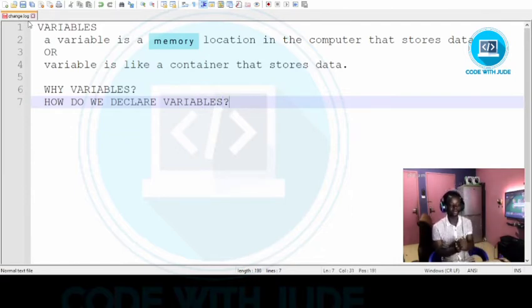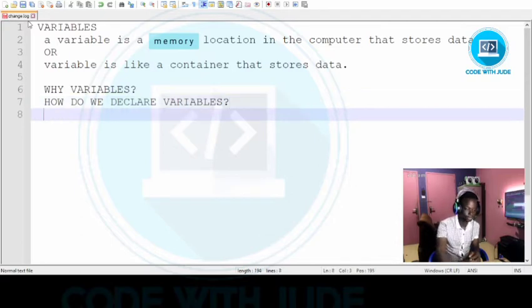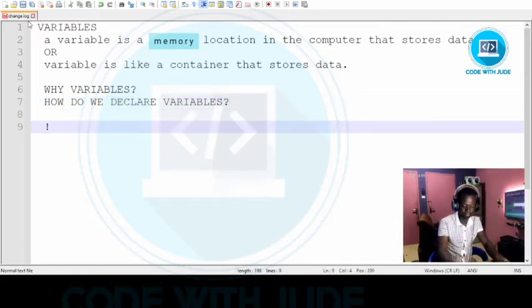We know why we need a variable, but there are various rules that we need to abide by when we declare variables. One of the rules in declaring a variable is,